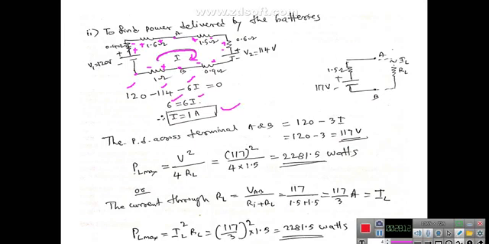Once we know that I is equal to 1 ampere, then the potential difference between these two terminals, that means the potential across the terminals A and B, you can find by considering either this part of the circuit or that part of the circuit. Suppose you consider this part of the circuit, so between this point and this point, 120